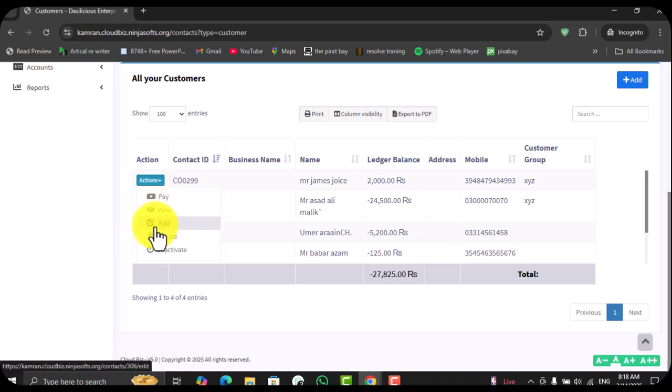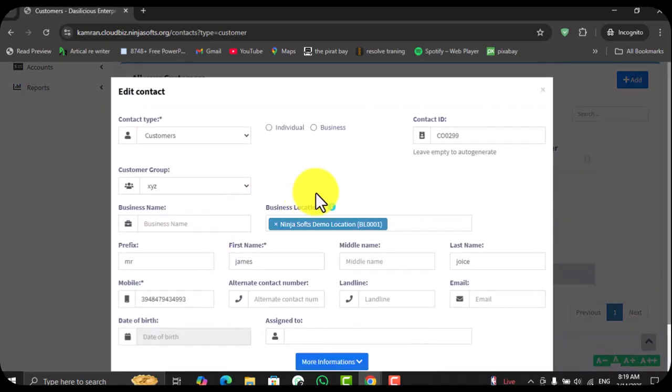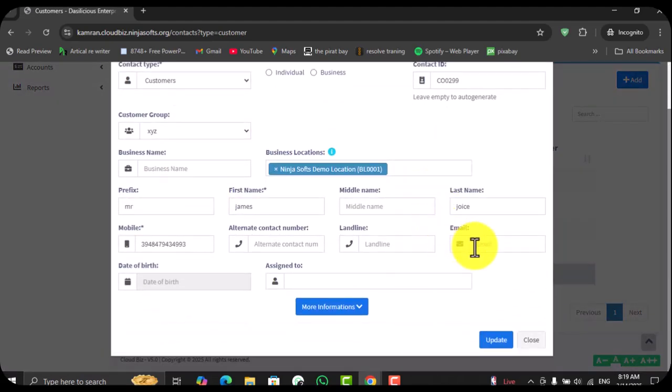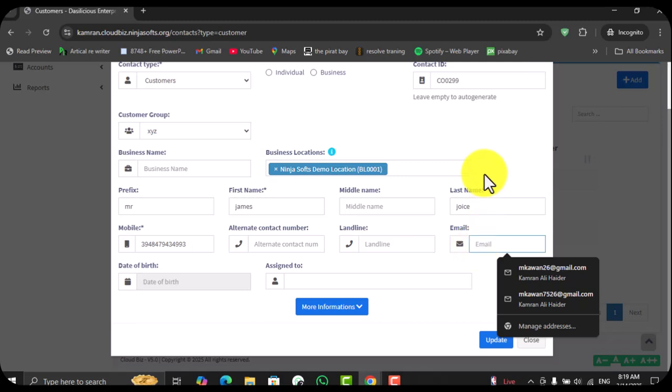For instance, I want to add information of this customer, Mr. James Joyce. I want to add his email ID. So I will click on added, and as we can see, here's an option to add information for that specific customer. For instance,